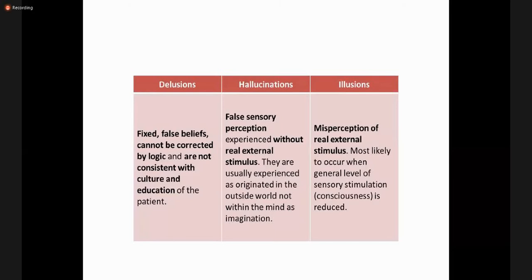So for example, you are trying to sleep, you're about to fall asleep, and you see the curtain moving with the wind, and you think it's a ghost. Or you're walking in the dark and there's a stick lying in front of you, and your perception says it's a snake. So we have the stimulus there. The curtain was the stimulus, which the person is mistaking as a ghost, and the stick is the stimulus, which is being misinterpreted as a snake. So illusion is basically misperception of a real external stimulus. Remember, there is a stimulus.